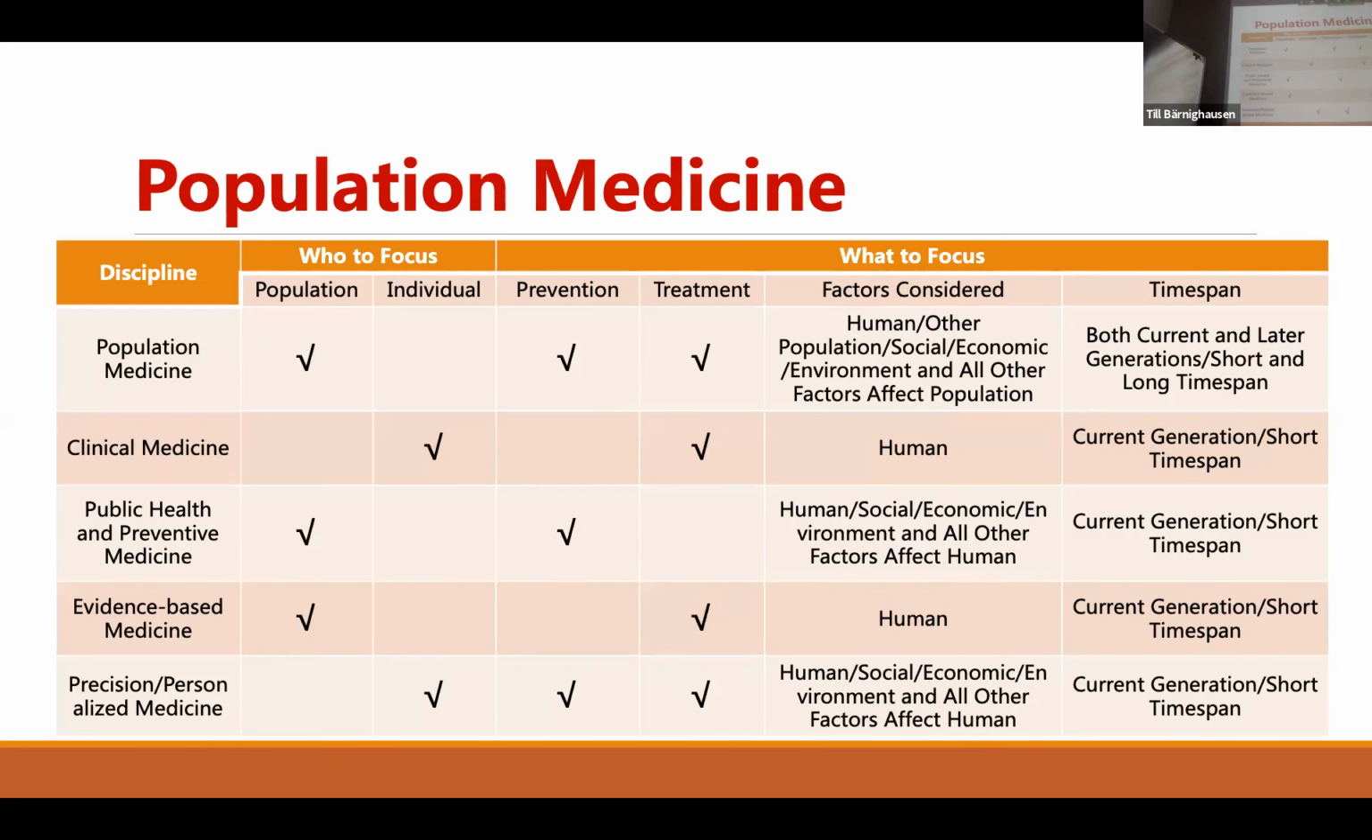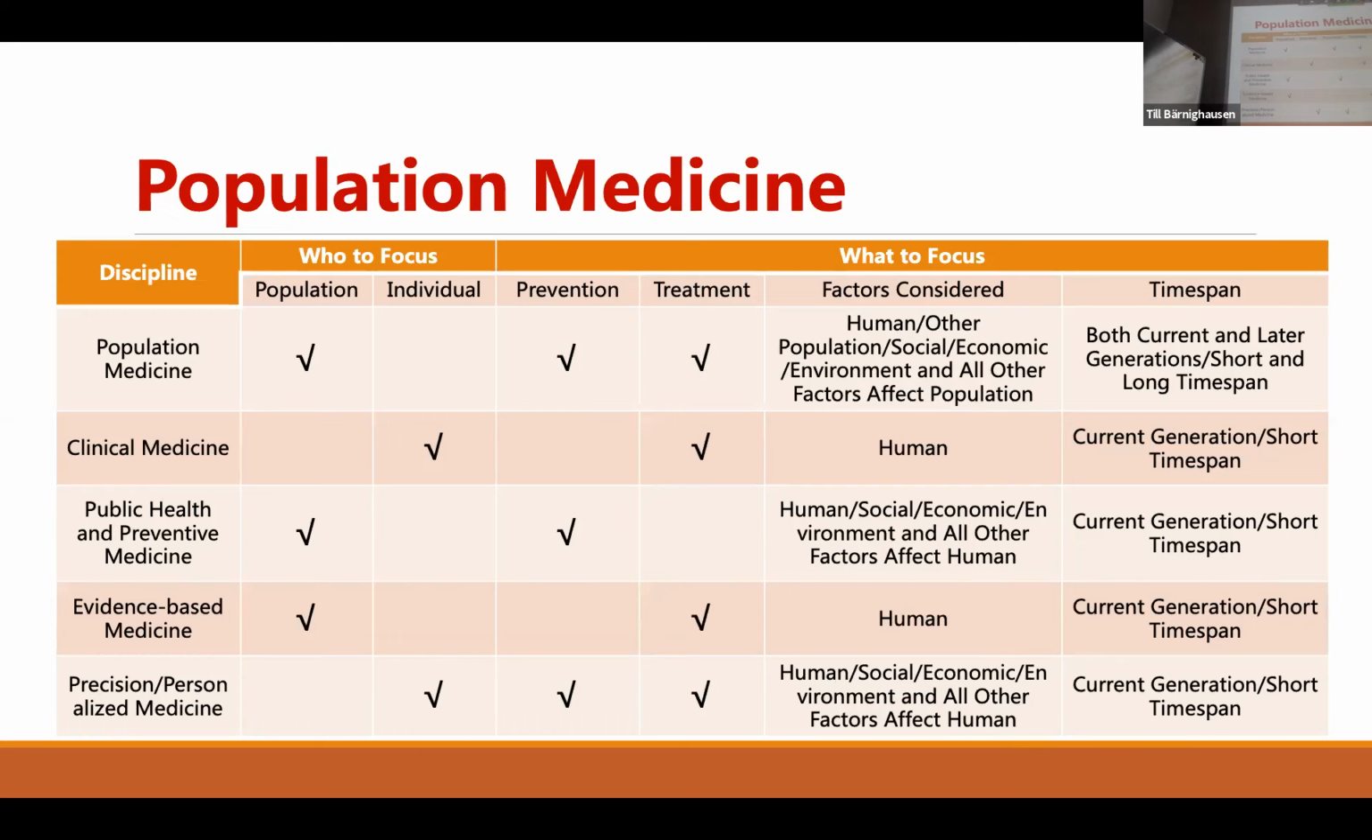This matrix shows the comparison between population medicine and other disciplines like clinical medicine, public health and preventive medicine, evidence-based medicine, and the hot topic, precision or personalized medicine. First is who to focus on. Population medicine, as defined by its name, focuses on population. It's always about the whole population, the average effect of this population,